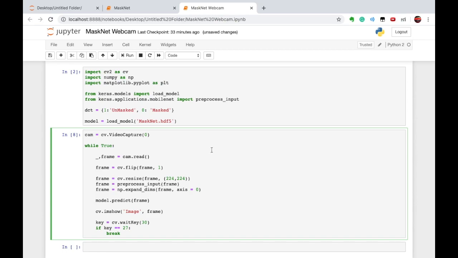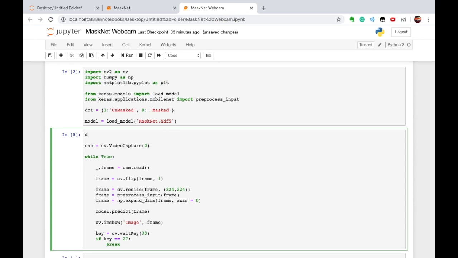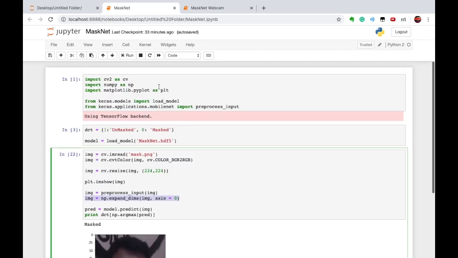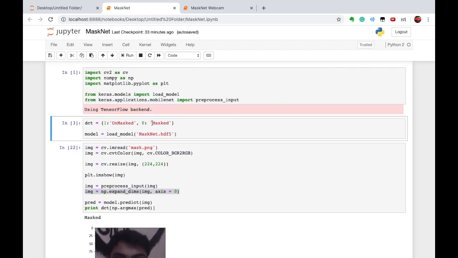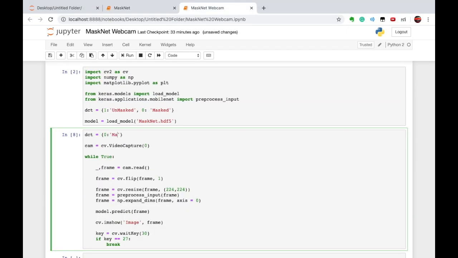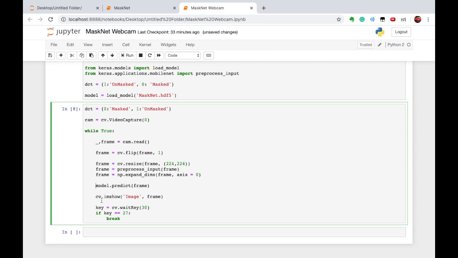And let's create the dictionary again. 0 means masked, and 1 goes for unmasked. Clear? So let's pass the dictionary here and let's see what we will get.